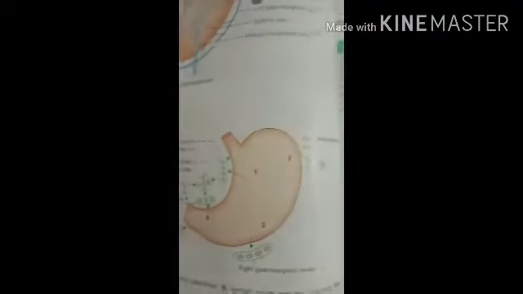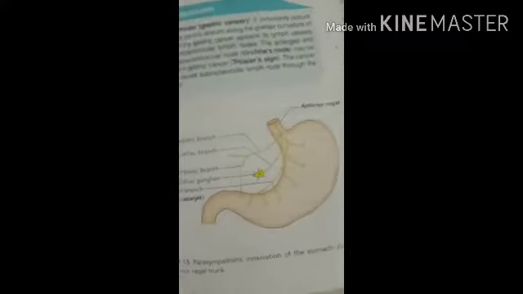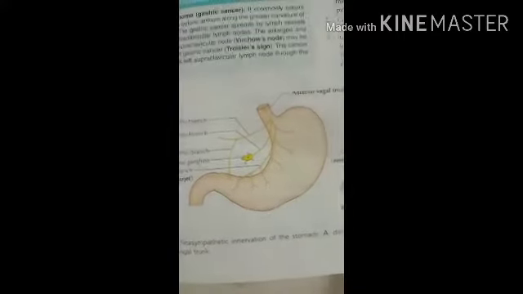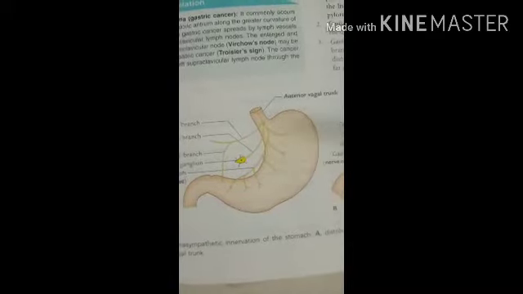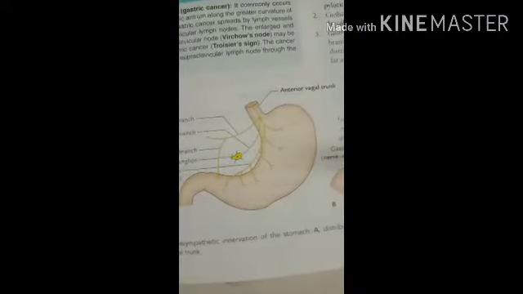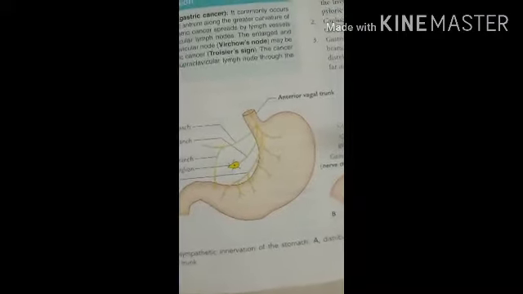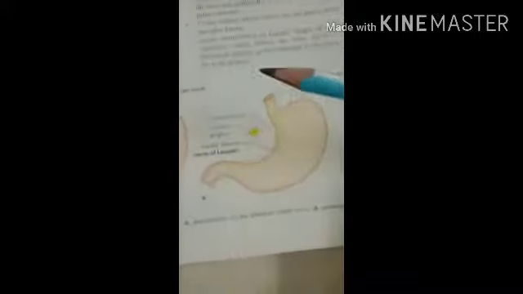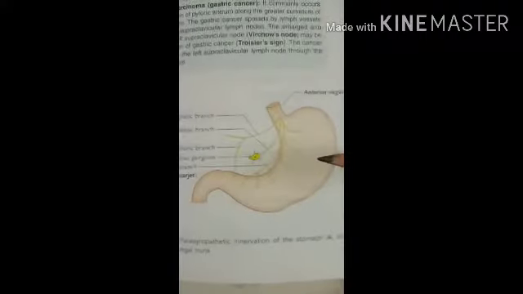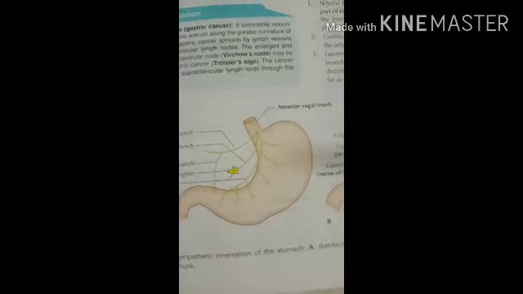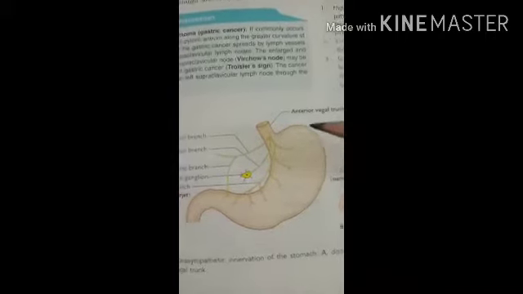Then the nerve supply of the stomach. So for this we have to see another diagram, the nerve supply. So this is the sympathetic nerve supply of the stomach. As it is a visceral organ, it is supplied by the sympathetic and the parasympathetic, and the functions of both nerves are antagonistic to each other. So the sympathetic nerve supply is from the 6 to 10 segments of the thoracic nerves. Okay? This one. Which is related to pain sensation and vasomotor sensation.